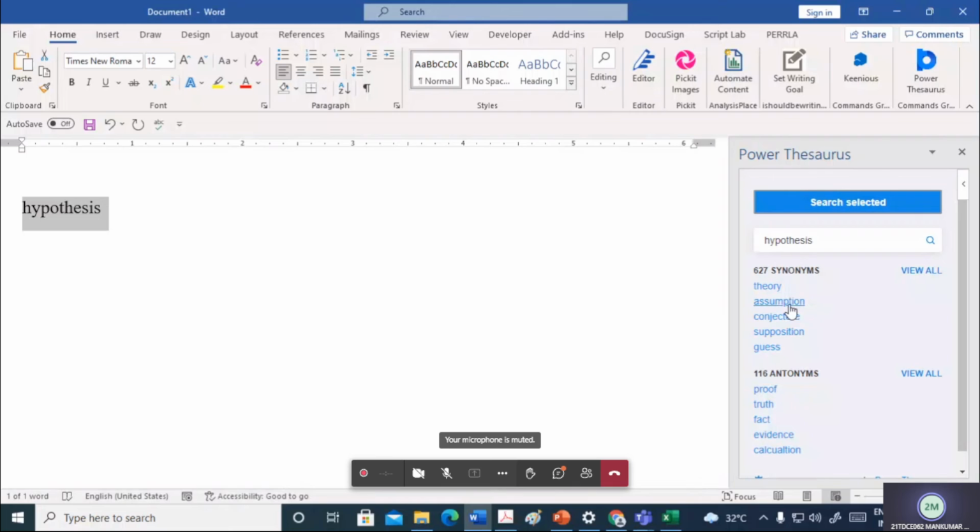Okay, so synonyms, there are 627 similar synonyms to the word hypothesis that you can use in place of hypothesis, like theory, assumption, conjecture, and antonyms, the reverse: proof, truth, fact, evidence.